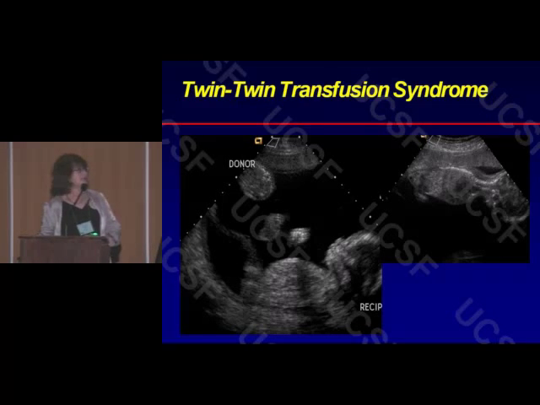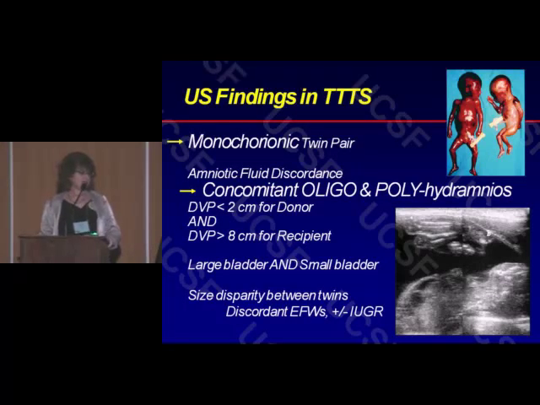The donor in this case is adherent to the anterior uterine wall. It's held there by the thin membrane in an oligohydramniotic sac. It is hypovolemic, sending blood from an artery to vein anastomosis to its recipient, who is dependent in a sea of polyhydramnios. So the necessary observations to diagnose twin-twin transfusion must be in a monochorionic twin pair, must have concomitant